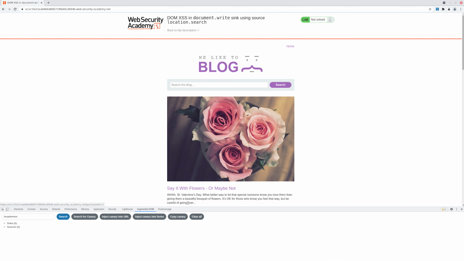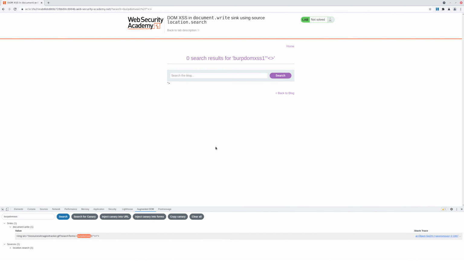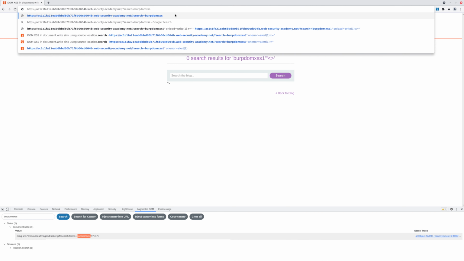So if we click Inject Canary into Forms now, you can see it's placed the canary inside all the forms, and then if you click Search, you can see that this value has been used in the document.write sink, and you can see that the value sent to it is inside an image tag, and it looks like a valid resource is being loaded. So to exploit this vulnerability, you can just simply inject the double quote to break out of the